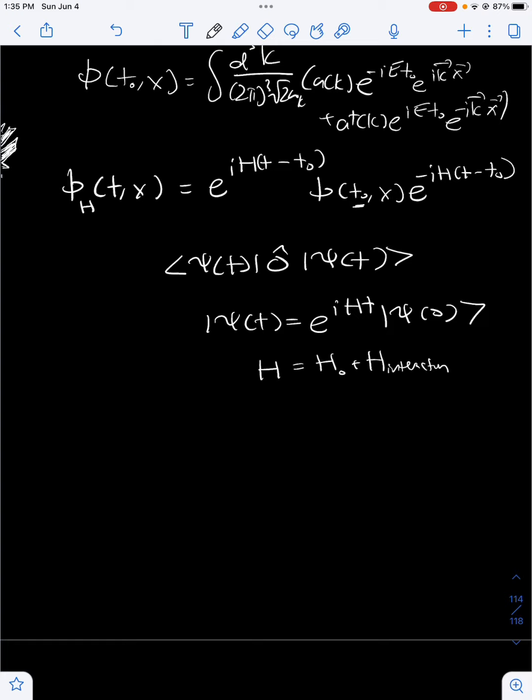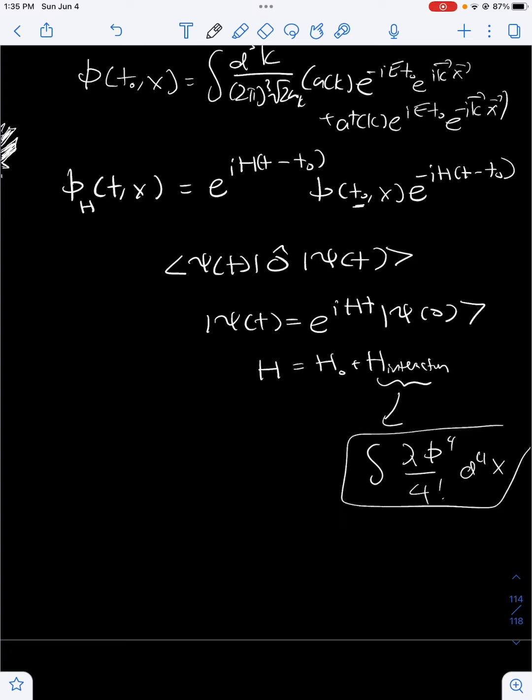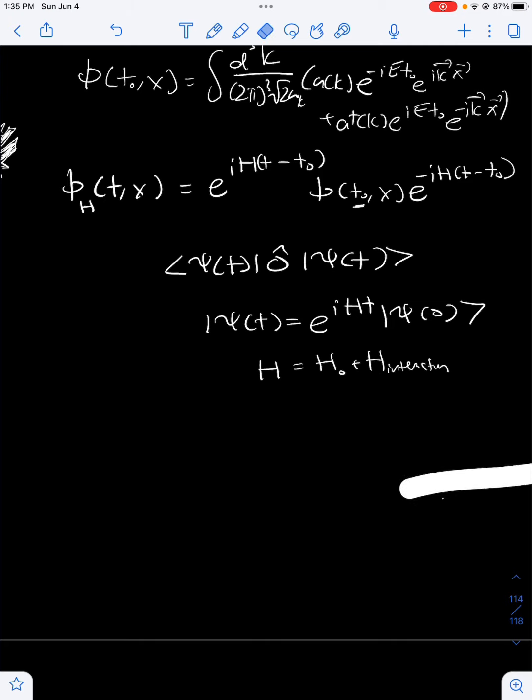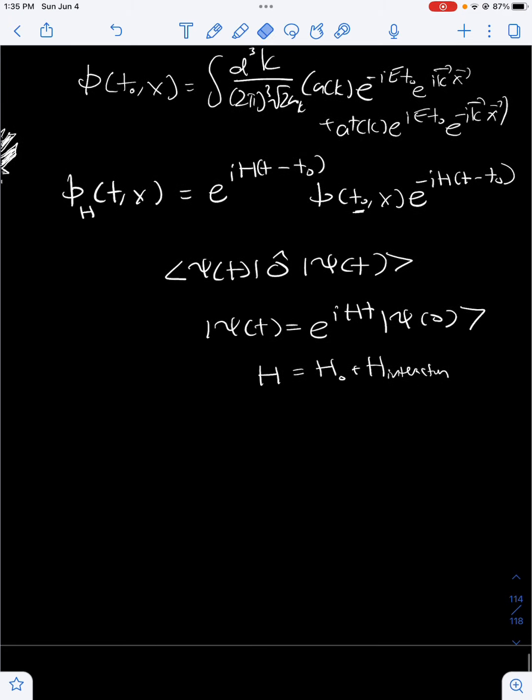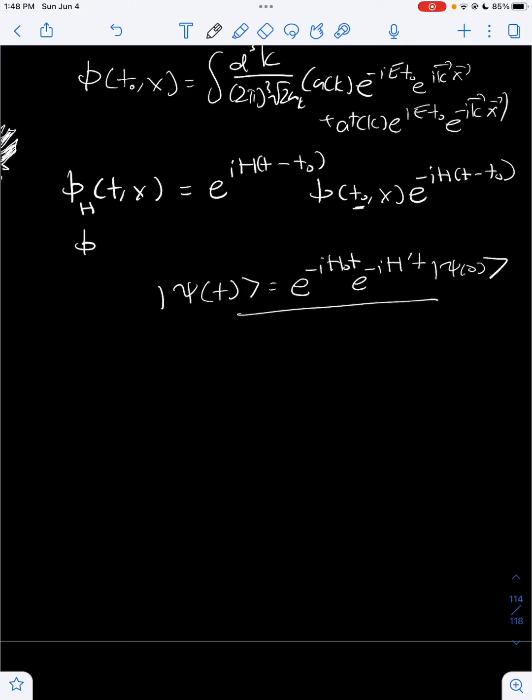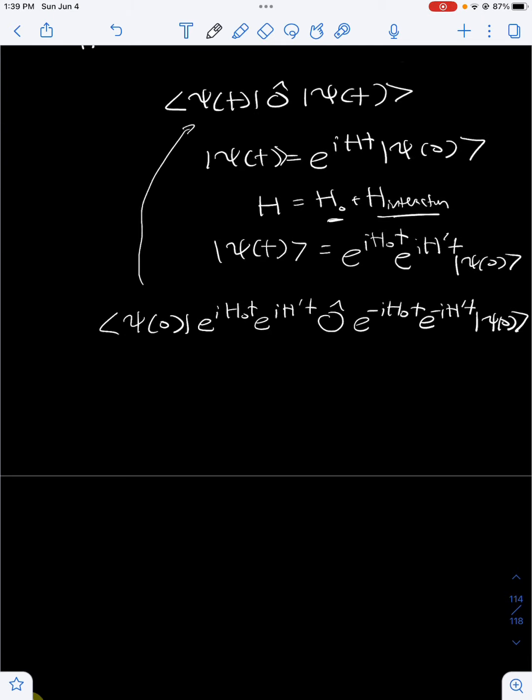So it's arbitrary how you split it, but for the case of the phi^4 theory, making the interacting part be phi^4 over 4 factorial, and then d^4x, that's what we typically call the interacting part for the phi^4 theory. So if you made this split over here, we will then have this over here for the time evolution of psi of t, where we define the interaction Hamiltonian as h prime, since it's easier to write. And then, by doing some more things, we can do some rearranging here, right? Giving us,